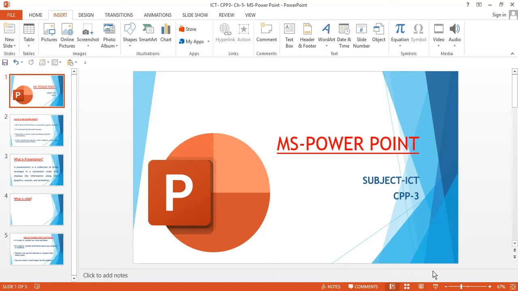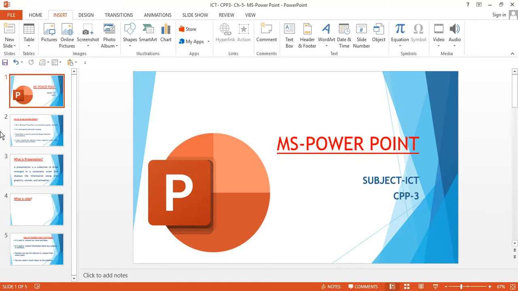In the last class, we studied different templates, how to apply the slide design on the slide, and how to open an existing presentation. In this class, we will study other topics of PowerPoint. So, let's start. In this class, at first, I will tell you how to insert any shape in the slide and how to write the text in the shape.